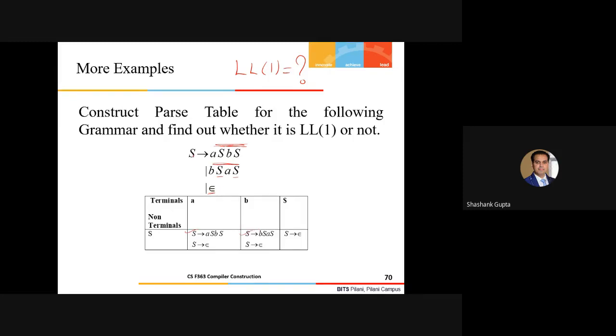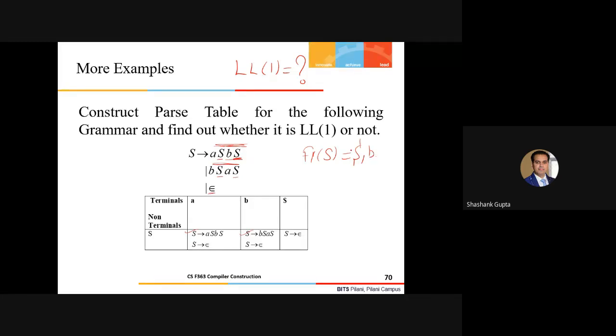So that means follow of S, and follow of the start symbol we know, is nothing but dollar. And obviously, this is also present here. So follow of S is nothing but first of BS, and first of BS is first of B, and first of B is simply B. Similarly, follow of this S is again follow of this S, which we have already computed.